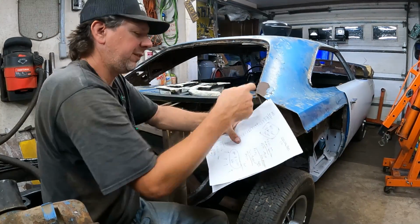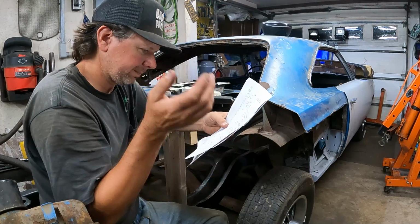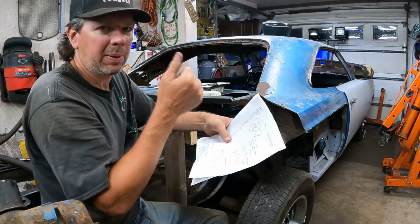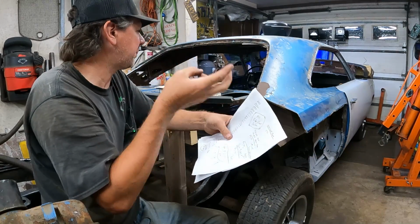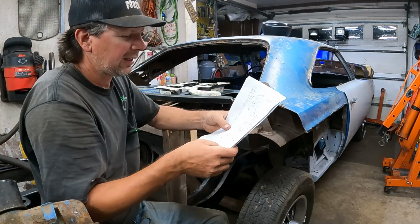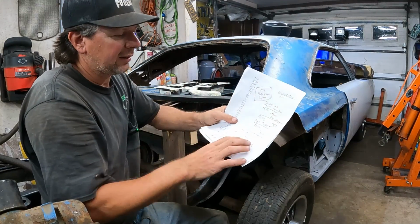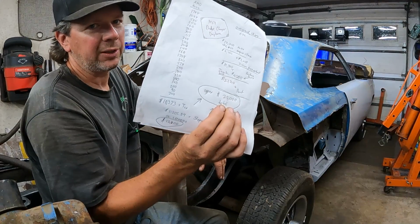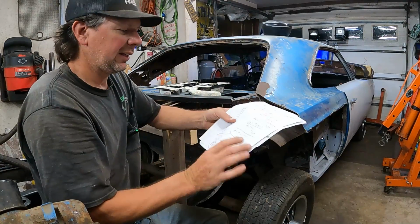Got to paint it B5 blue. I added almost $2,000 for paint by the time you buy paint and primer and sandpaper and tape and, you know, all the stuff to paint the car. So I'm at roughly $25,000 for parts and materials and a rebuilt engine. 25 grand. And I forgot...